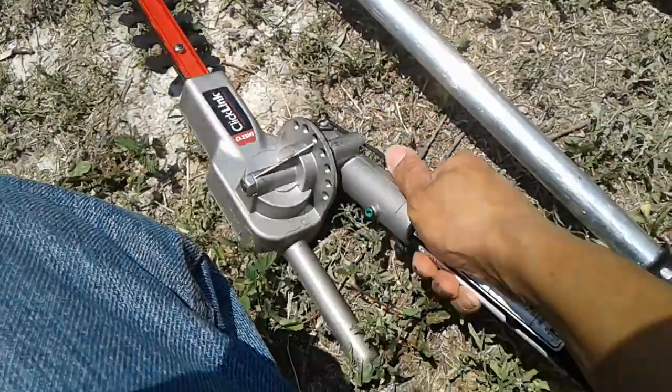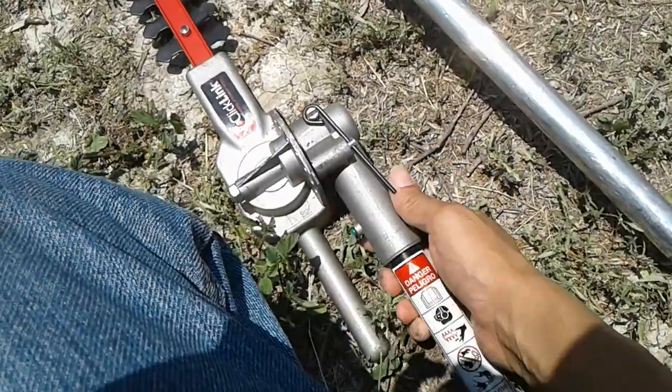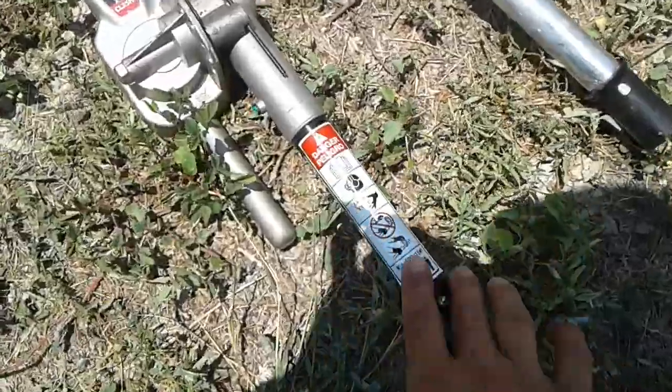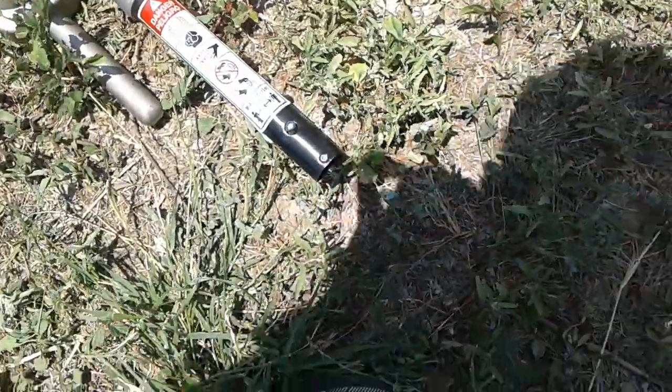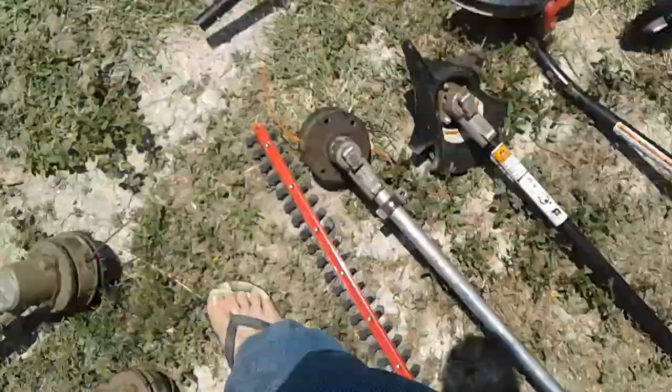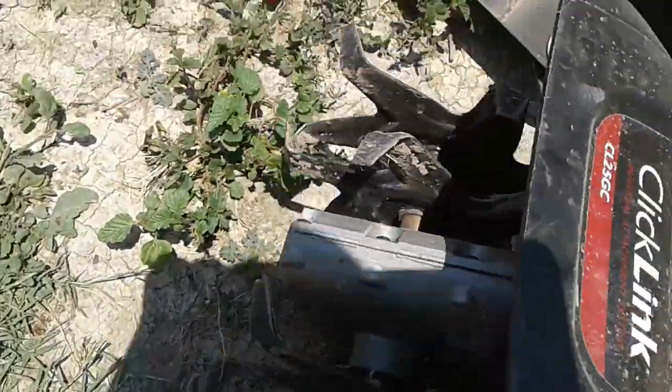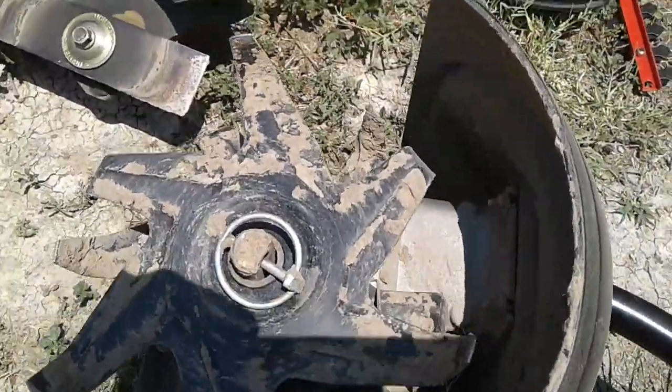So you just tilt this, pull this little spring, and there you go. It's kind of short, the handle. It doesn't give you that much of an extension, but if you do need an extension, you can buy one. And then I've got my tiller attachment, which I've used to do a